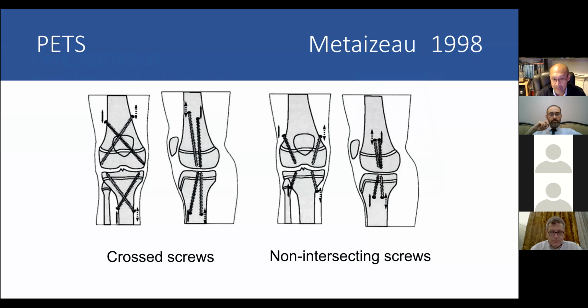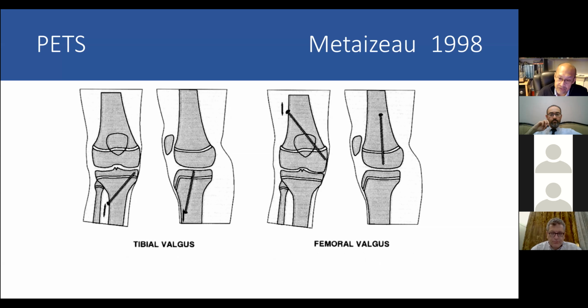So as you can see here, the cross screw or non-intersecting screw techniques are really to create tethers in the physis to stop the contribution to longitudinal growth. But you can also use single screws to try to treat coronal plane deformities with this technique. I have used this technique sporadically, but I was not as comfortable using this technique as I have been using the 8 plate. And my reservations were